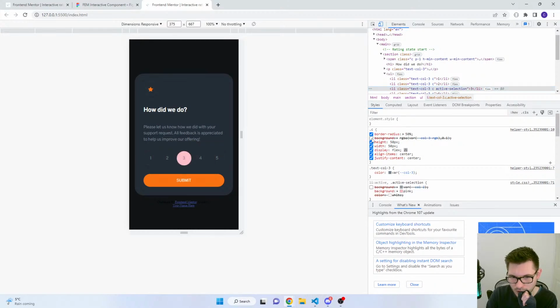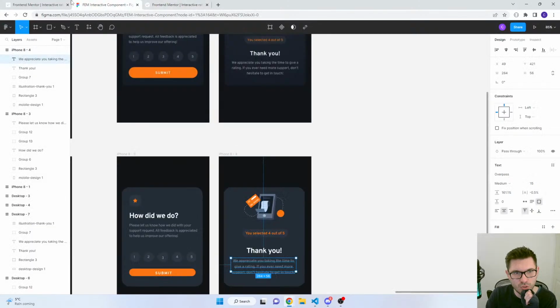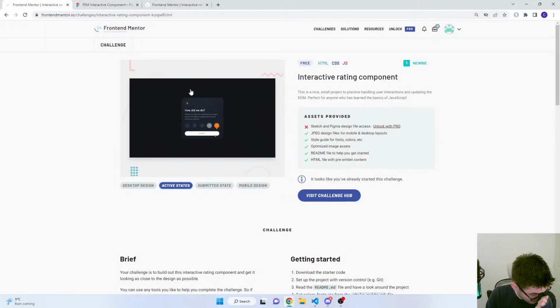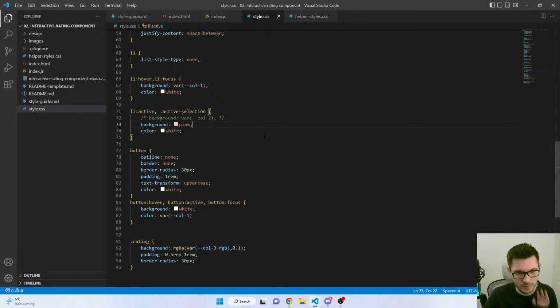C is overwriting, and that's because it is further down in the CSS style sheets. I could do an important. But I think a better solution is,